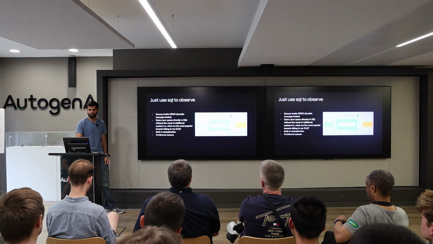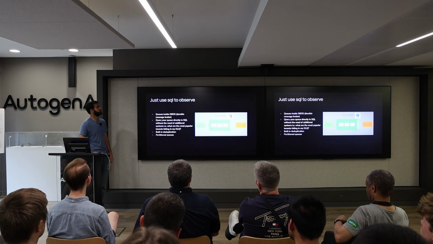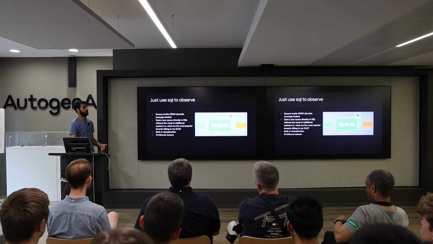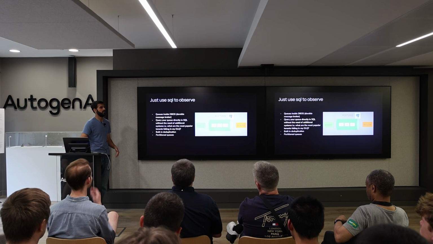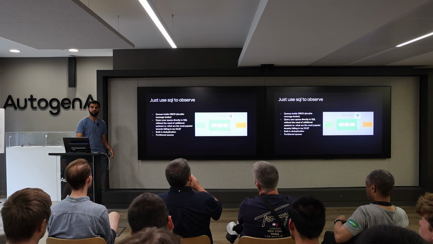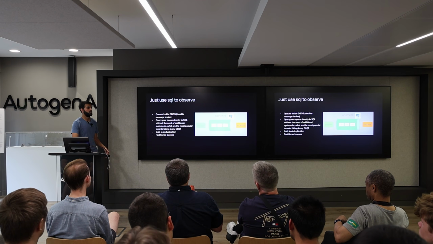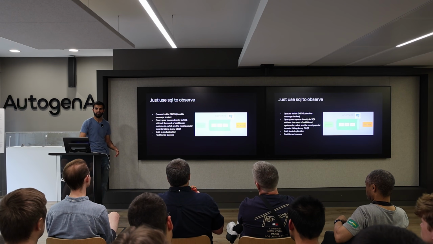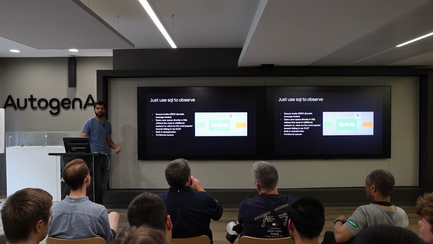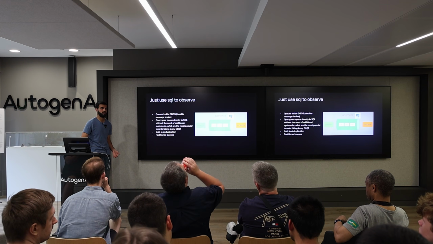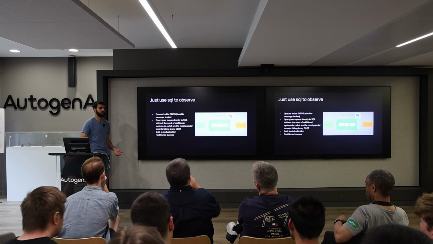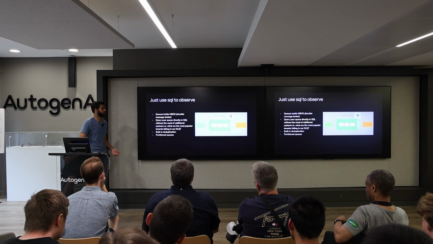I know we are short on time, but I'll quickly jump through all of these. Because the queue is a table, and this is another powerful feature, everything in the database is observable by the most used programming language in the world, called SQL. You can write SQL and observe the state of your system because everything is just a table, right?